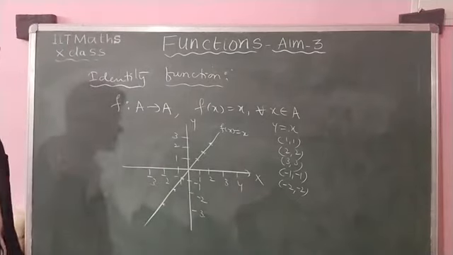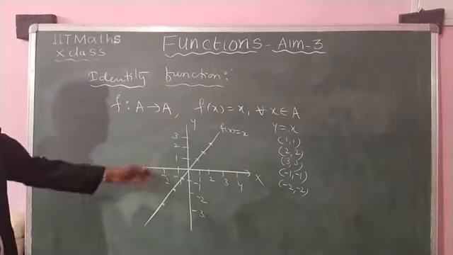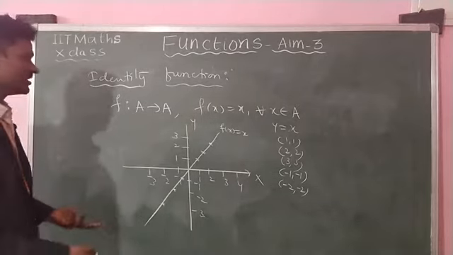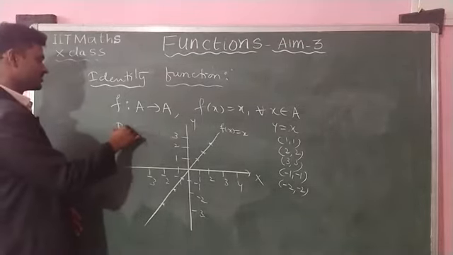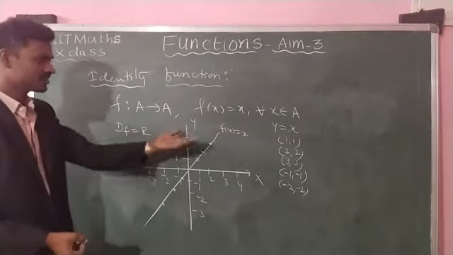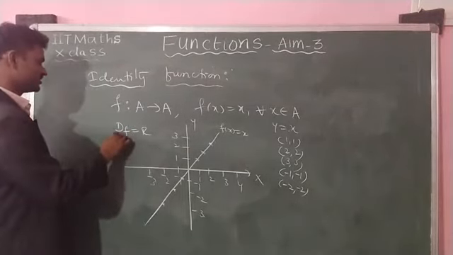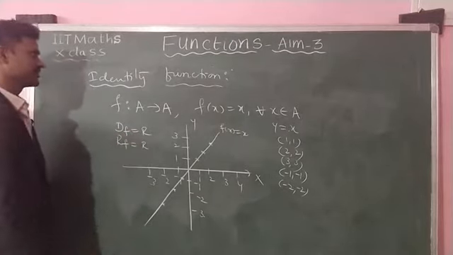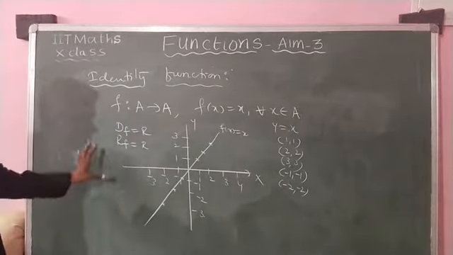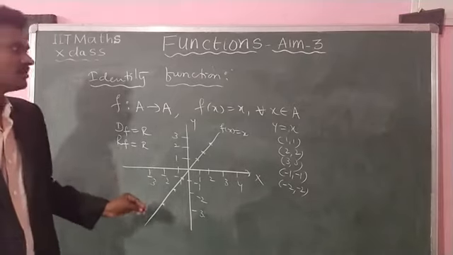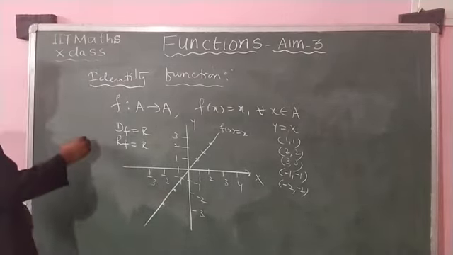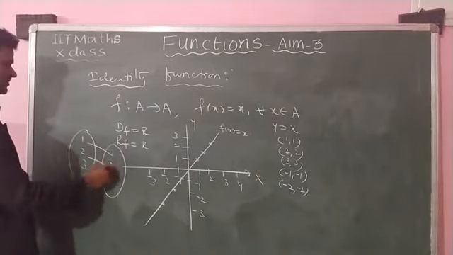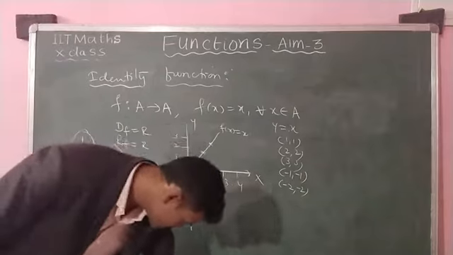This is the constant function. Constant function domain, how to find? You can write all the elements. That means input values are all the elements, so the domain is equal to R. Range also has the same elements, so the range of the function also is R. Understand clearly? This is the identity function. Identity function means all the elements are assigned to themselves. See here, this is A, this is B. 1, 2, 3 means here also 1, 2, 3. Same elements assigned to themselves.